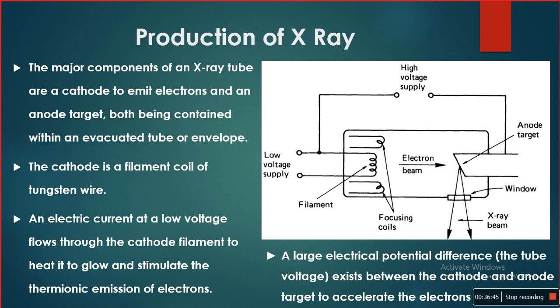One window is provided at the evacuated envelope, which acts as a gate for X-rays, and this window is made of a material which has minimum X-ray absorption. Usually beryllium is used, and that beryllium is only 3 to 4 mm thick. So consider this point while discussing the construction of the X-ray tube.